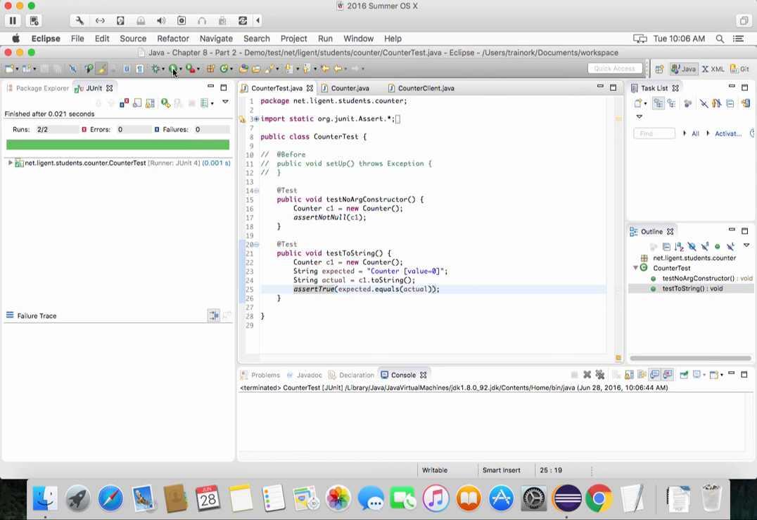It turns out that we have a really powerful method called assert equals. So let's try that. Assert equals expected, comma, actual. Let's see if that works. Save and run. It does work. So it turns out that assert equals is a really, really powerful method. Okay? In fact, it's a family of